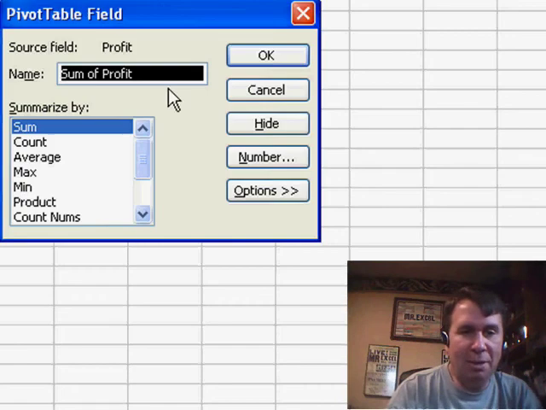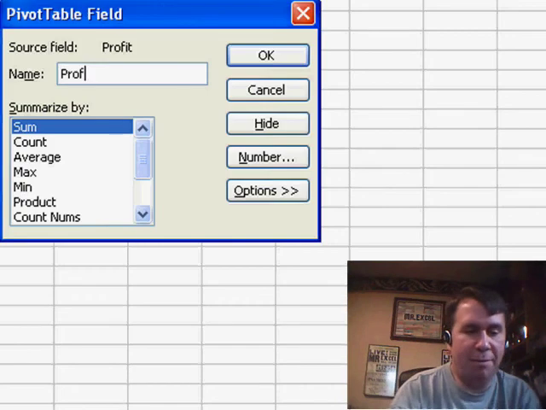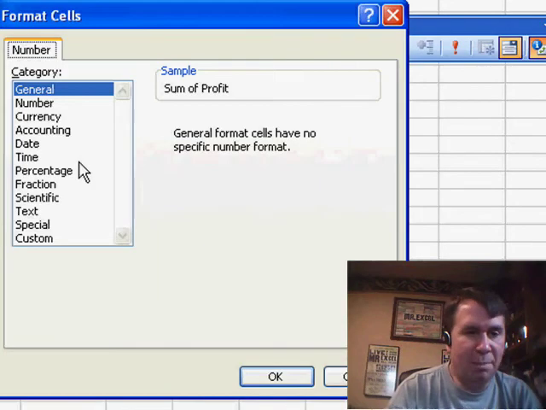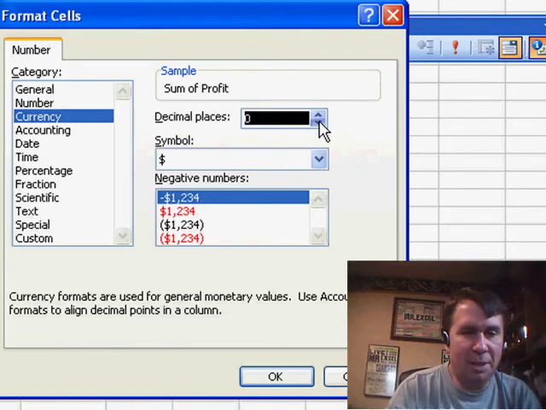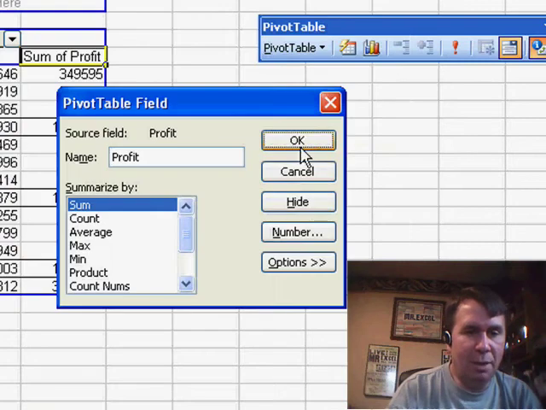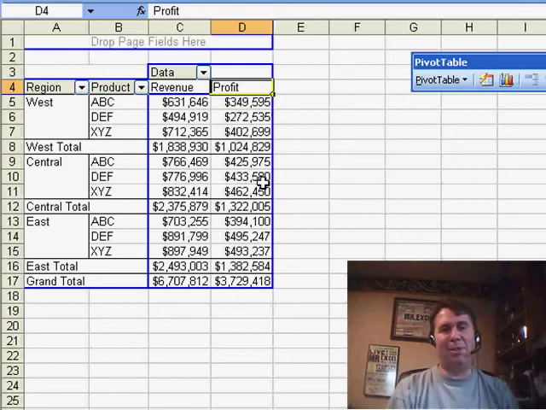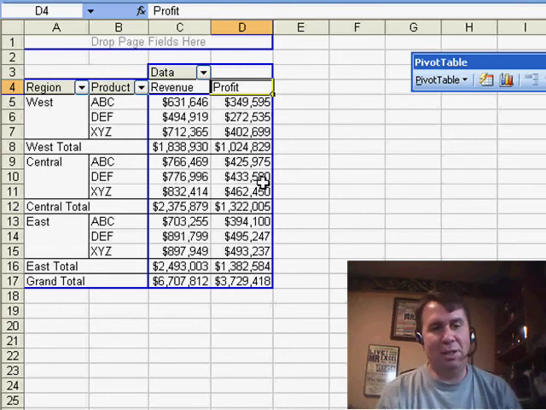Same thing here. Change the heading to Profit Space. You have to put some character to make it not be Profit. Click Number, choose Currency with 0 decimal places. Click OK. Click OK. Well, now those settings will persist, but Taylor actually mentioned tiny things like changing the format